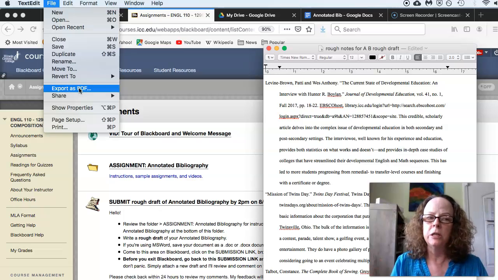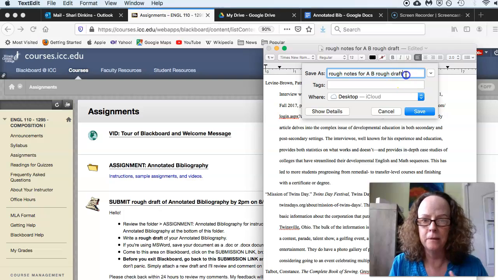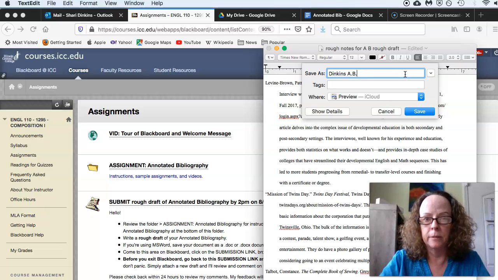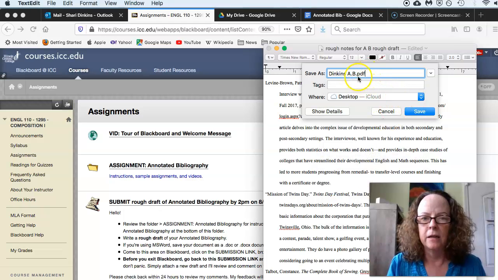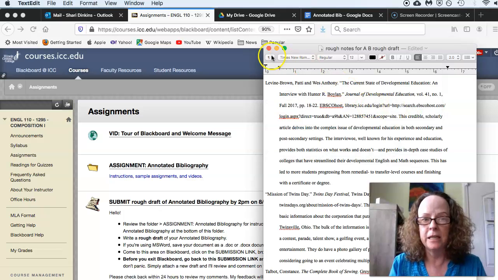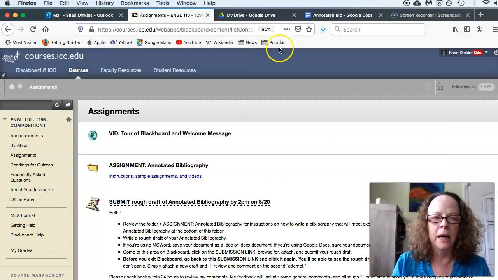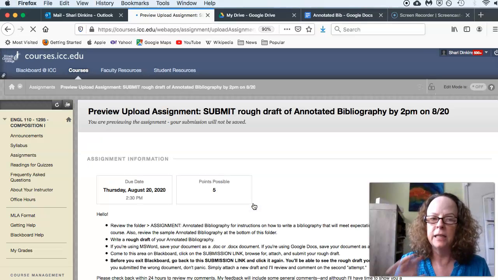So what we want to do in this case is click on the Export as PDF button. I should call this Duncan's Annotated Bibliography. I'm going to put mine on my desktop so I always know where it is. Desktop, there we go. And that means I have my annotated bibliography in TextEdit saved to my desktop now. So my job now is to go back to Assignments, click on this button, attach,